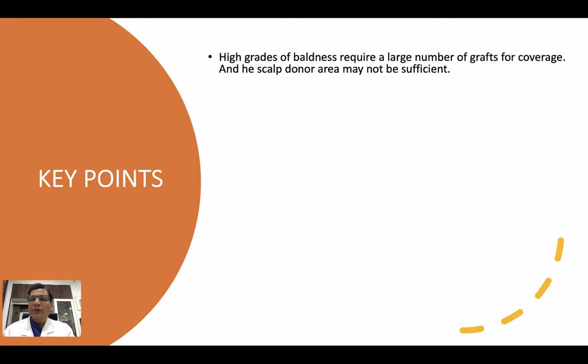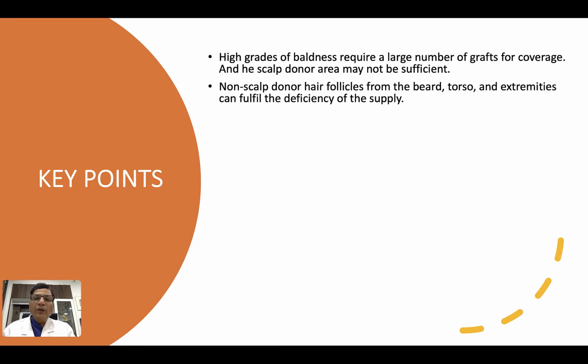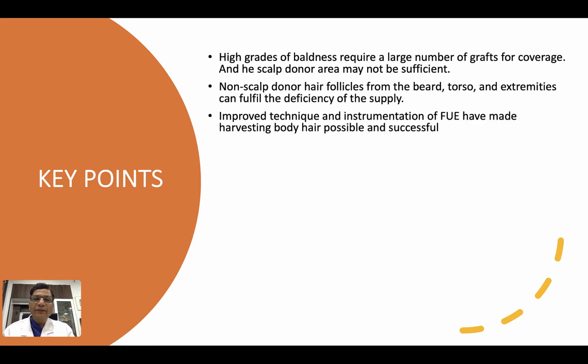of grafts for coverage and scalp donor area may not be sufficient. Non-scalp donor hair follicles from beard, torso and extremities can fulfill the deficiency of the supply. The improved technique and instrumentation of FUE have made harvesting of body hair follicles possible and given better quality of